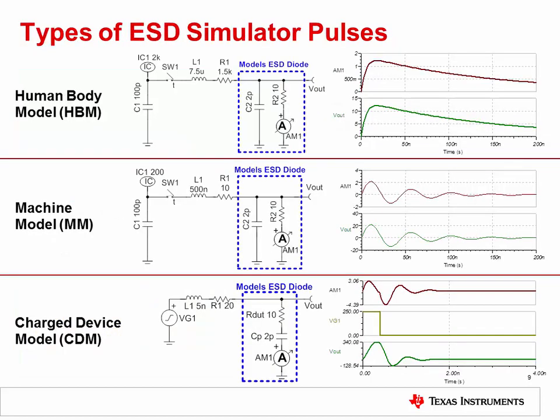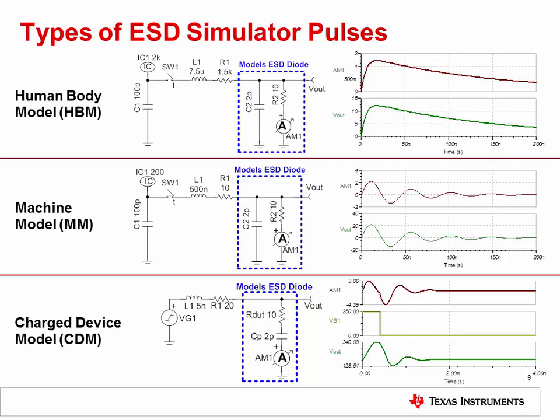Three different models are used to generate controlled ESD pulses. The human body model, or HBM, is the first and the most common model developed for ESD emulation. This model attempts to emulate the ESD discharge that could occur when a human touches a microelectronic device. Typical HBM voltage levels range from 1 kV to 5 kV. The machine model, or MM, is also called the 0 ohm model because it simulates a very low impedance discharge of static charge to ground. The MM is meant to simulate a static discharge in a metal handler or automatic assembly equipment.